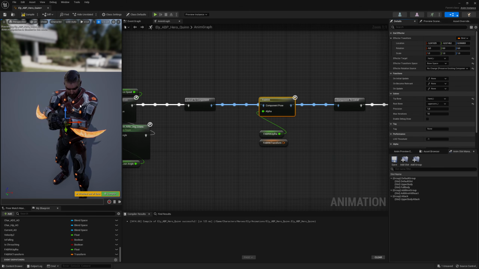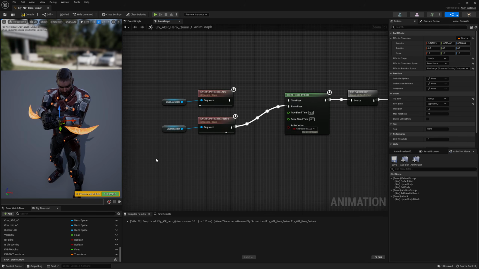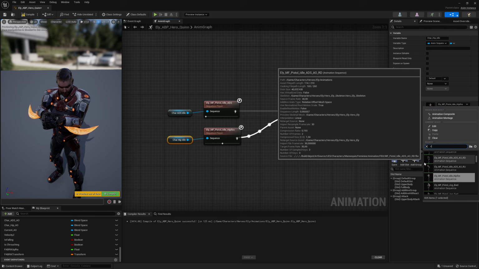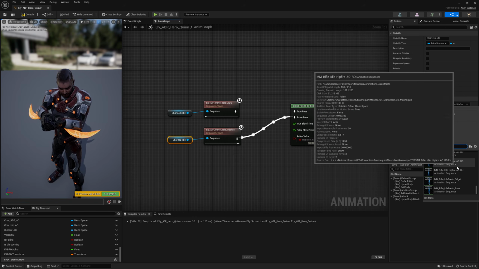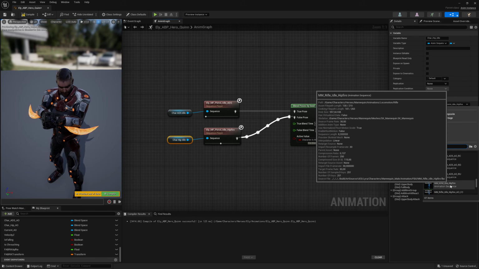We have that saved, and then you want to go to the beginning of the branch over here. Here we have the character hip idle. Right now it's the pistol idle. So if I change this to my rifle idle animation, MF rifle idle, it's giving all the aim offsets. This one, for example,